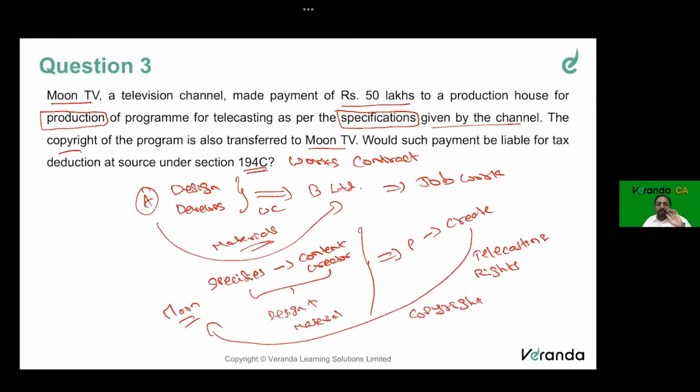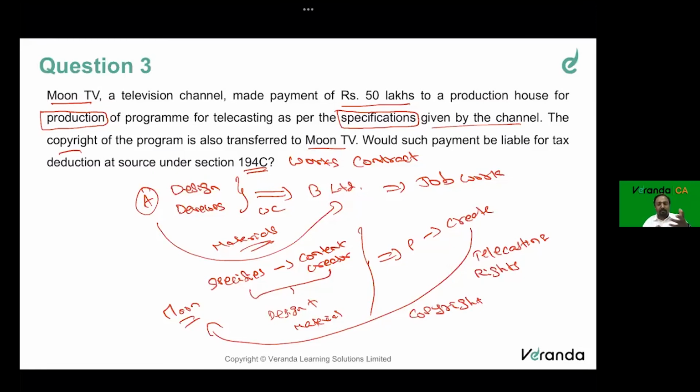So in this case, 194C applies. This is what we are referring to as 194C. If you see here, that is what has happened with respect to Moon TV. If you want a relatable example, let's take the Big Boss show. Probably whatever language you have seen, you would have seen or heard about it. This Big Boss program is, I guess, by the production house Endemol, but it is telecast by the Star Network, right?